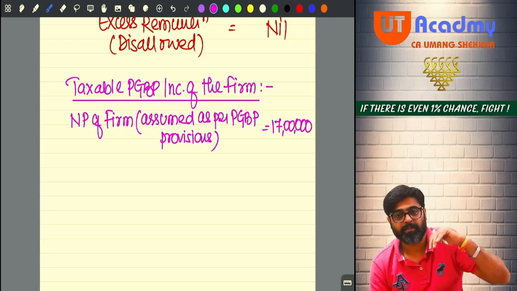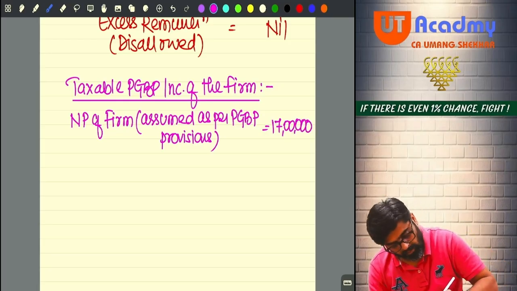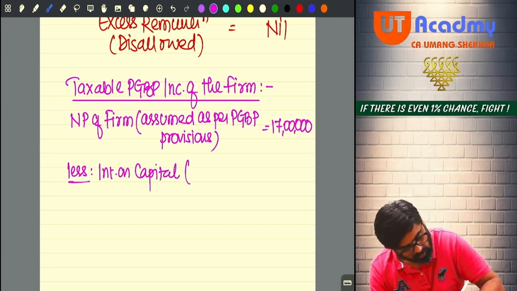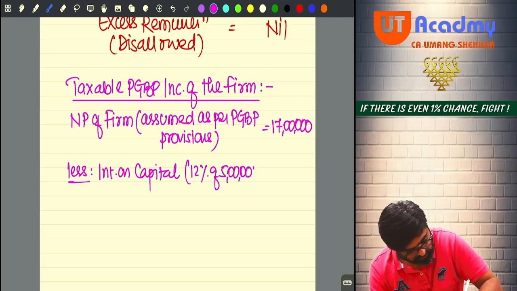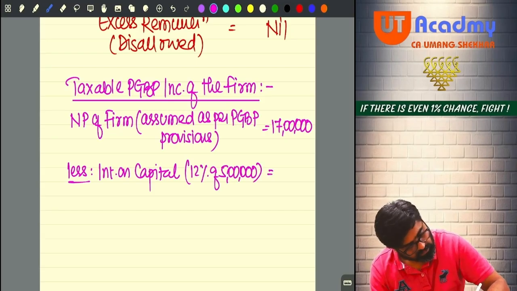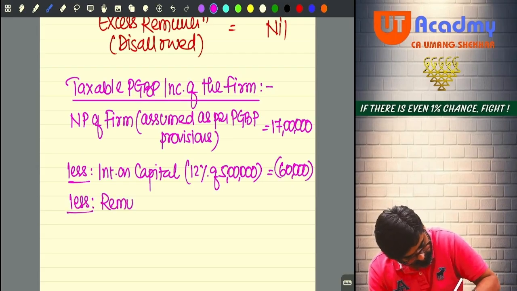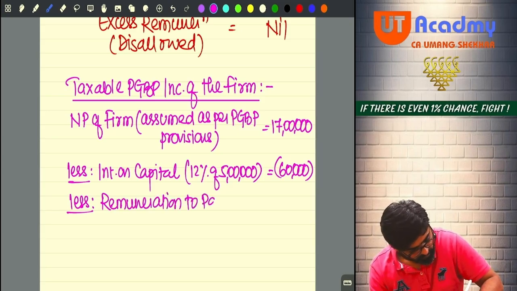Now, to calculate the PGBP income of the firm, you will have to take the deduction for what? Interest on capital. And that will be how much? 12% of 5 lakhs, allowable interest. So it will be 60,000. Then less remuneration to partners